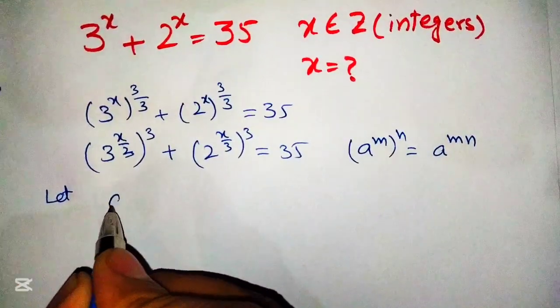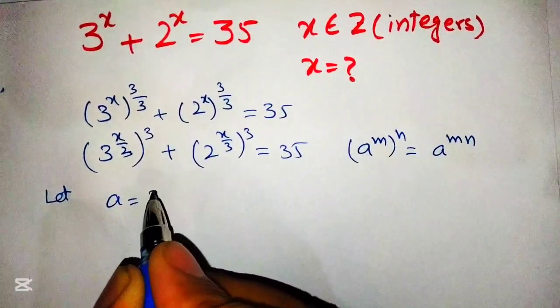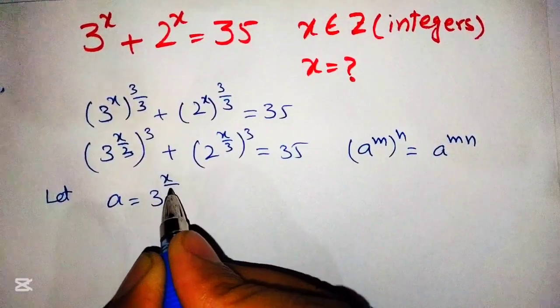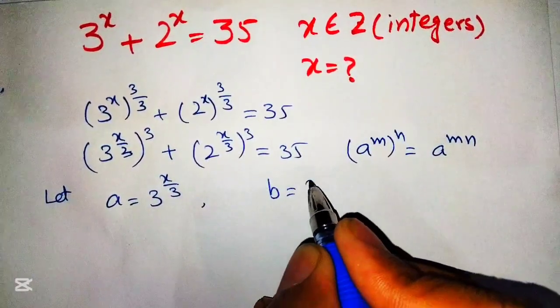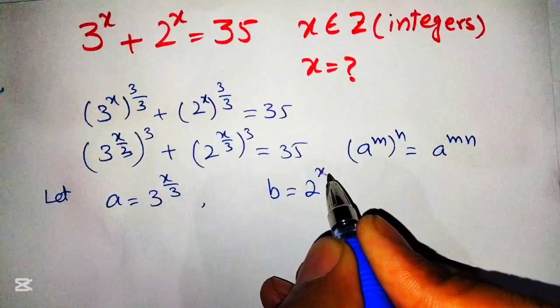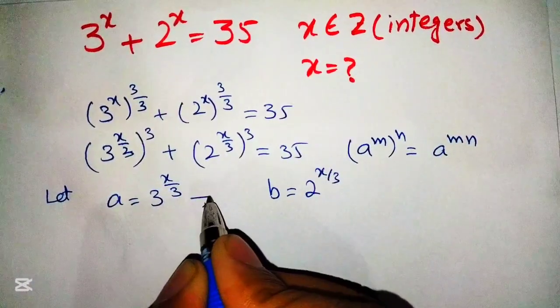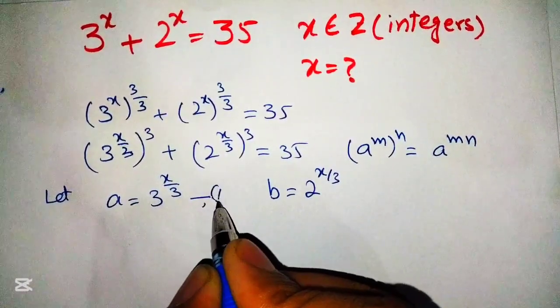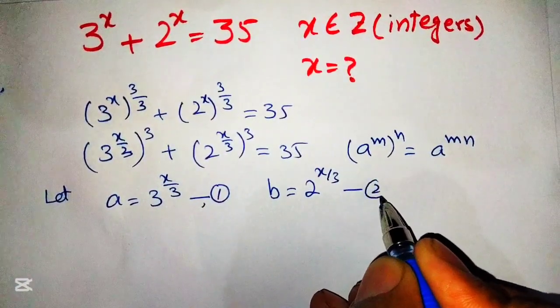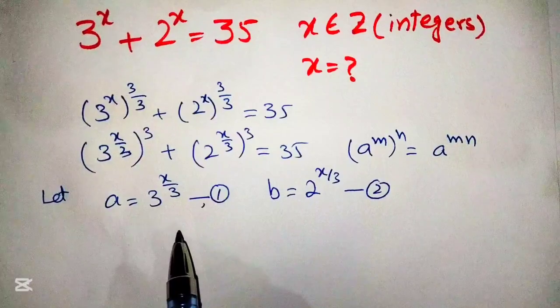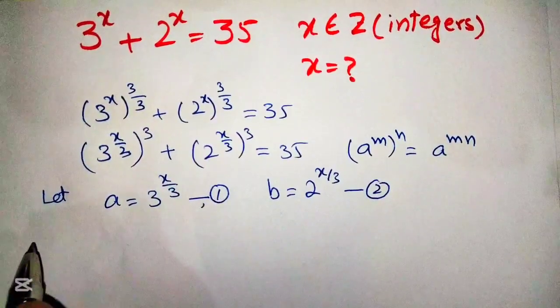Now to find the values, let a is equal to 3 raised to power x over 3 and b is equal to 2 raised to power x over 3. We are putting this to solve the equation easily. We give the name of this equation as equation number 1 and this is the equation number 2. Now putting these values in the above equation, we will get